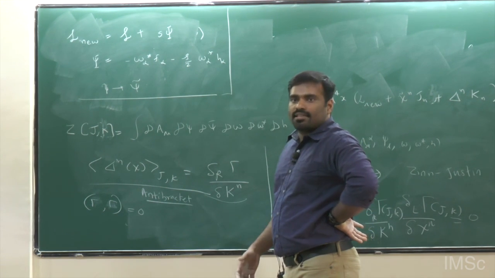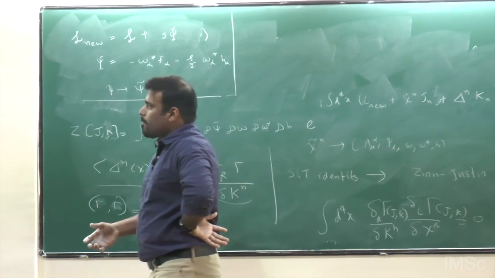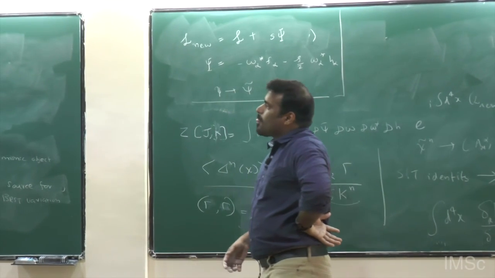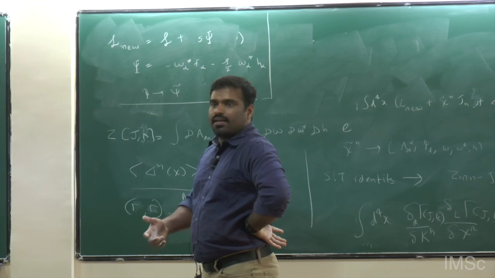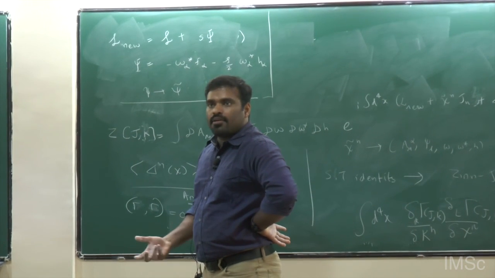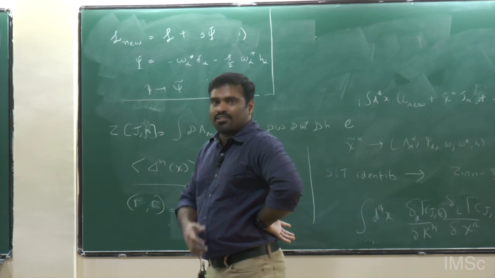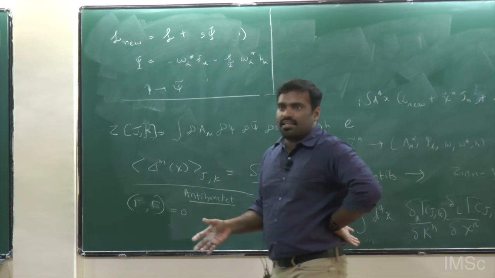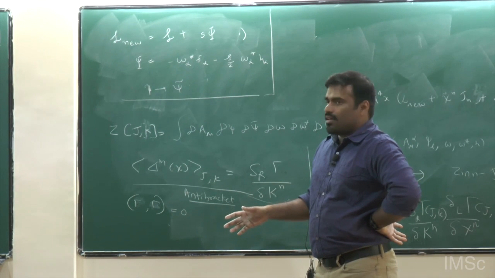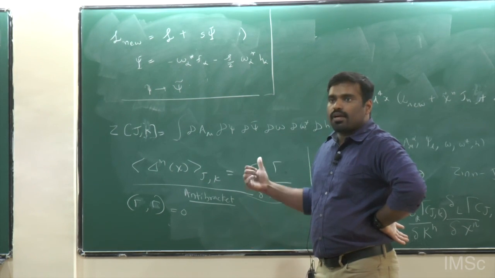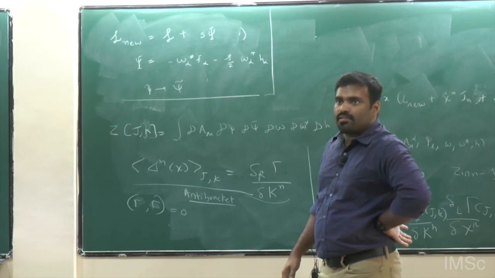String field theory has a very complicated gauge structure. The gauge group of closed string field theory is so complicated that it has an open algebra. The structure constants themselves depend on the fields in the theory, and it won't close. It's actually the most complicated gauge theory that you can have. Such a complicated gauge theory can't be quantized using the usual Faddeev-Popov method. So you require BV formalism, and that's the reason why I was trying to motivate BV formalism.